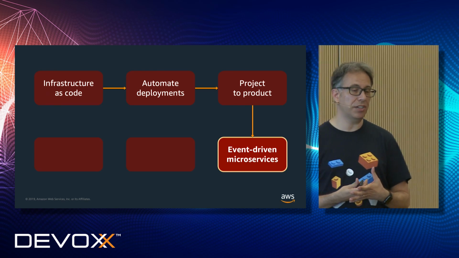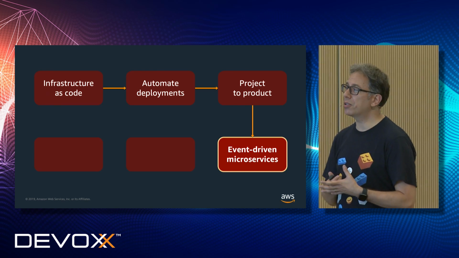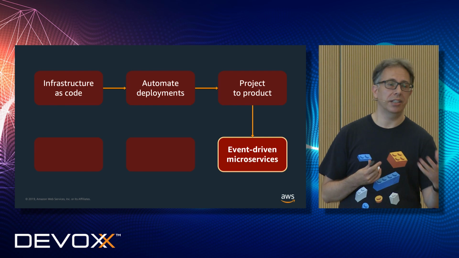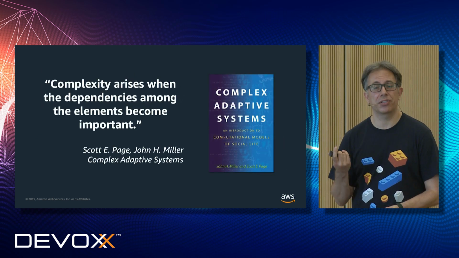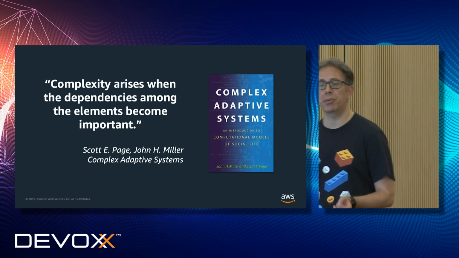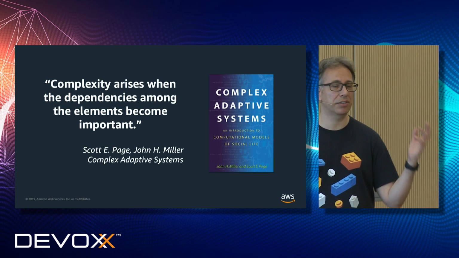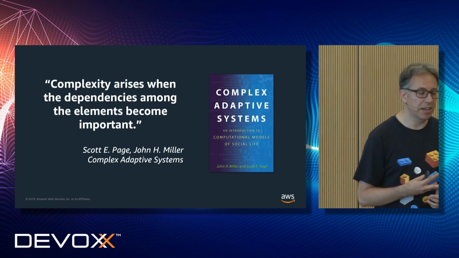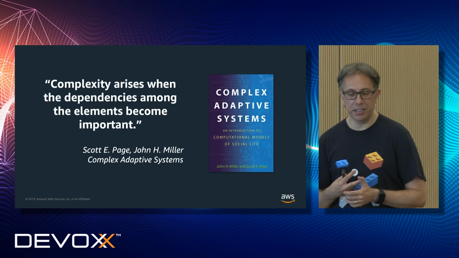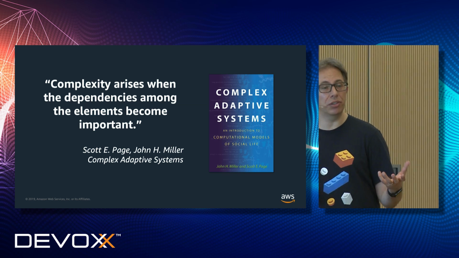So I think microservices are really important, and also an event-driven architecture that is natural with serverless is really interesting. So why microservices? Sometimes, more recently, I hear people saying, hey, I want to go back to monolith because microservices are too complex to manage or stuff like that. I think complexity is really an important way to look into this topic.